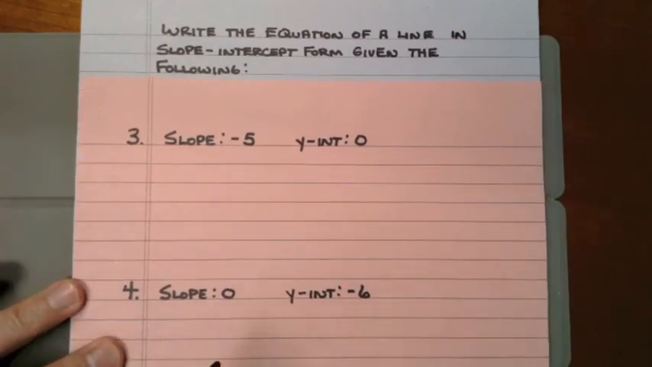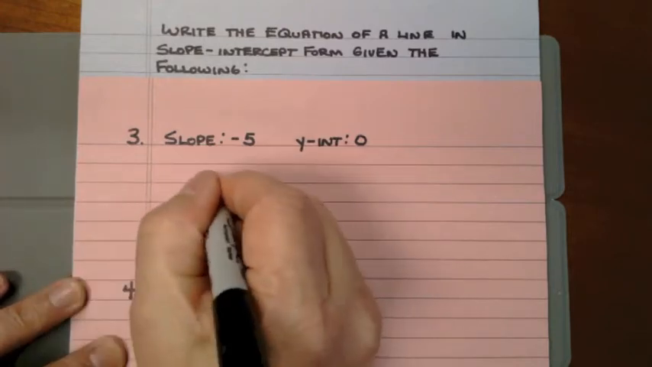Example number 3, number 4, and number 5 are the ones that give students difficulty. Those examples for 1 and 2 were simple examples. You just simply plug the numbers in there and you've got the equation of the line. On these, sometimes can give students some difficulty. Remember, you want this in